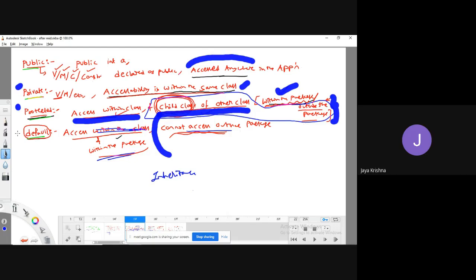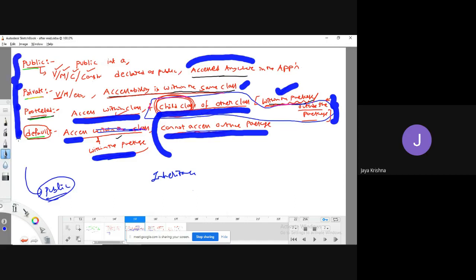Okay, and there is one more type of access modifier, that is default. If you are not mentioning anything, it will simply be considered as a default modifier that can be accessed within the package only. We cannot access it outside the package. In the morning class we got some kind of error, it cannot be accessed outside the package. So that is the reason what we did, we modified it as public, to access it from some other packages. Okay, so like this we have four types of access modifiers.